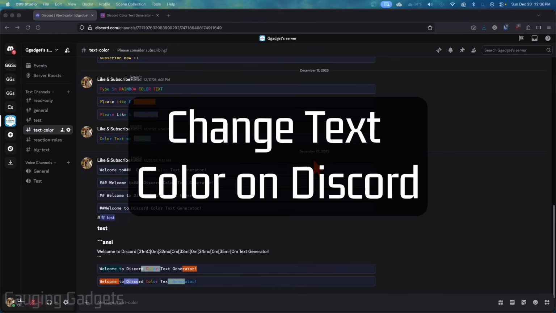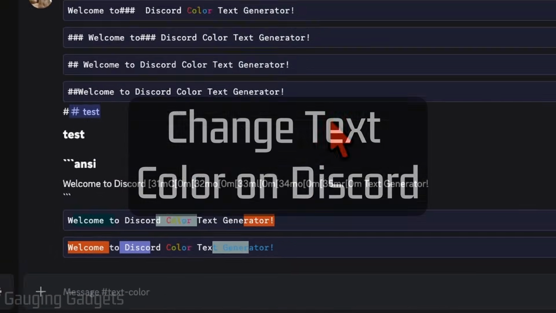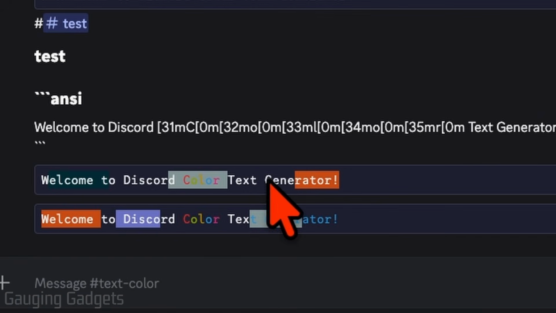How to change text color in Discord. In this video, I'm going to show you how to easily type in color in Discord, including rainbows or patterns